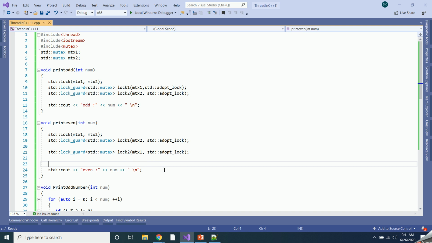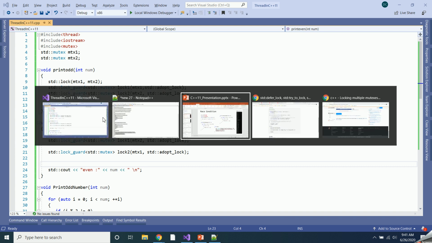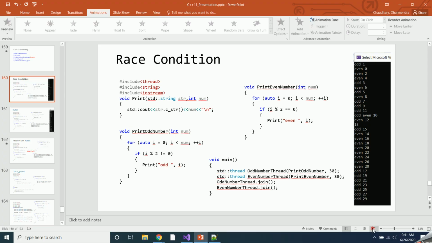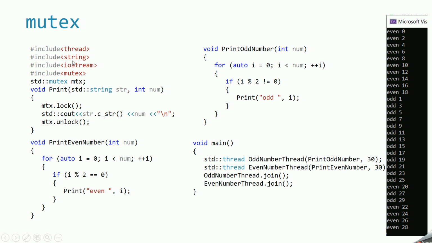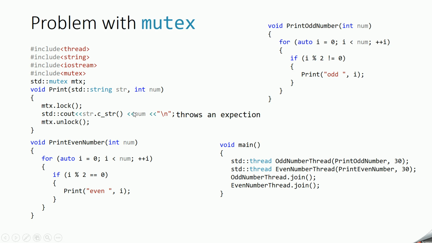Okay, so this is all about race condition and the synchronization mechanism called mutex and lock guard and the problem with that. So in this video we learned about the race condition and how you can solve it with the help of mutex by locking the shared resources. And then we learned about the problem that this mutex can lead to, that is called deadlock.